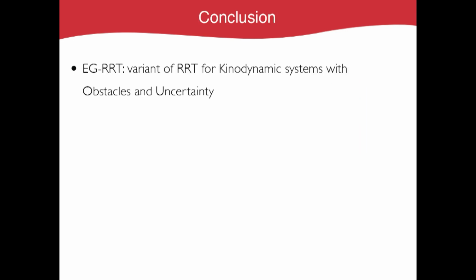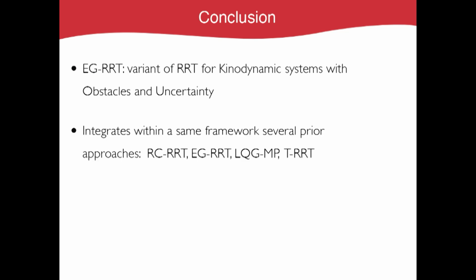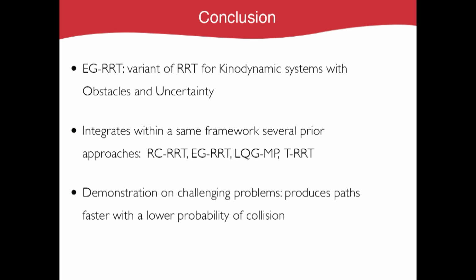So to conclude this work, we proposed a variant of RRT able to work with kinodynamic systems with obstacles and uncertainties. It integrates within the same framework several prior works, and the very important point here is that all these methods are really necessary to address such complex problems. And finally, we demonstrate the method on challenging problems where we saw that it produces paths faster with lower probability